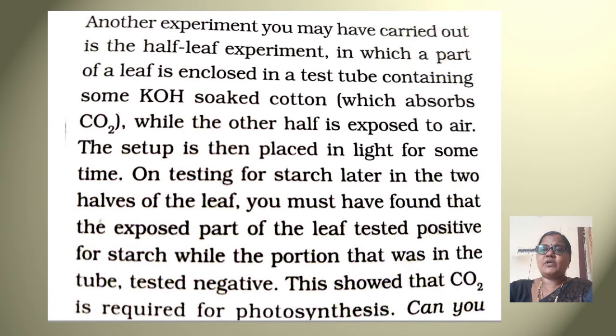So where does photosynthesis occur? Usually photosynthesis occurs in green parts of the plant. During photosynthesis, it provides food to all, as well as it releases oxygen into the atmosphere. During this process, carbon dioxide from the atmosphere is taken by leaves through stomata. Plants use light energy and synthesize carbohydrates. So this is about the first topic, what do we know about photosynthesis?